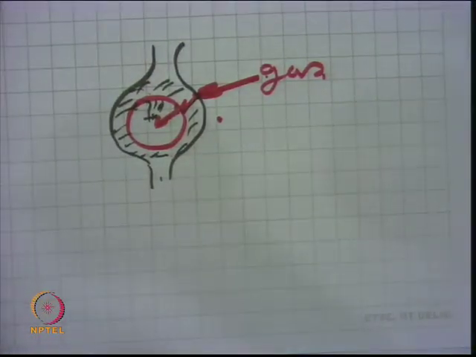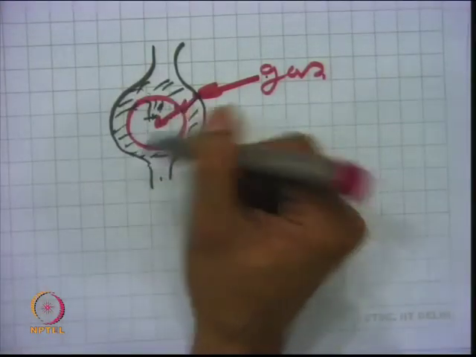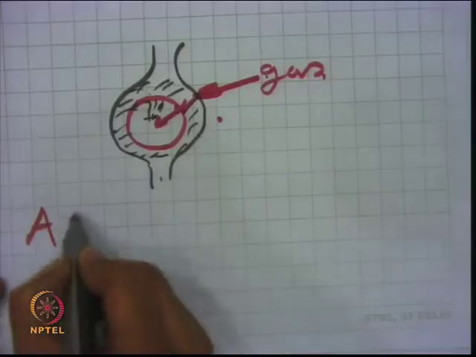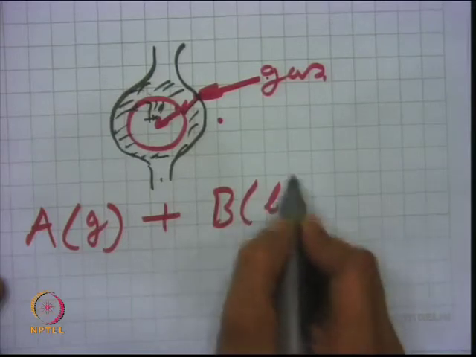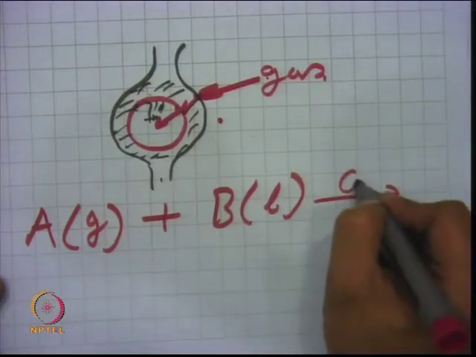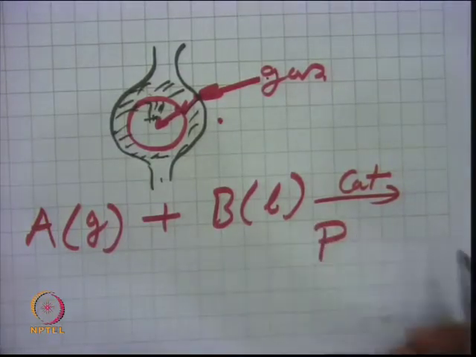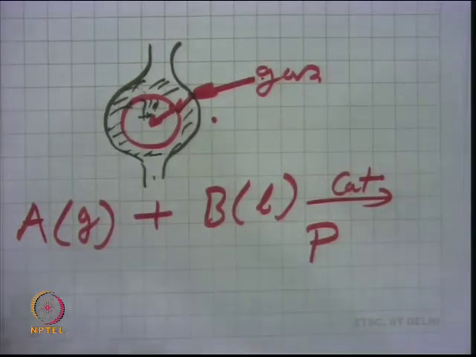So, the active metal or catalytic active sites are inside, as we have discussed earlier in the gas solid reaction also. On the surface of the solid, where the liquid is already present in the pore, the gas reaches there and then it reacts. If I write a reaction something like this, gas A reacts with some liquid B in the presence of a solid catalyst, and then it transforms to some product P, which may be a gas or liquid, and that product P comes out of the pore.